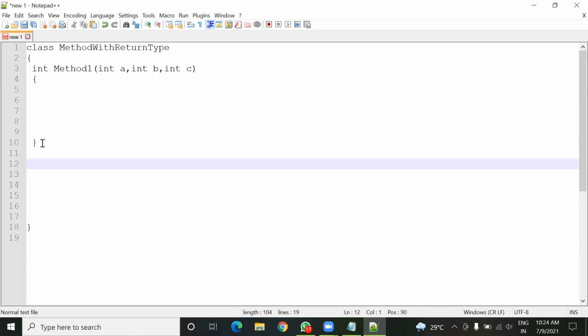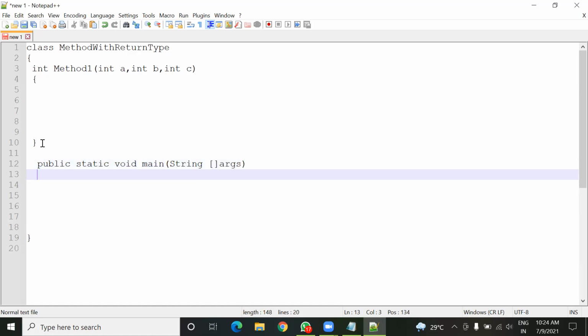After this, main method is needed. And this is the block of the main method.